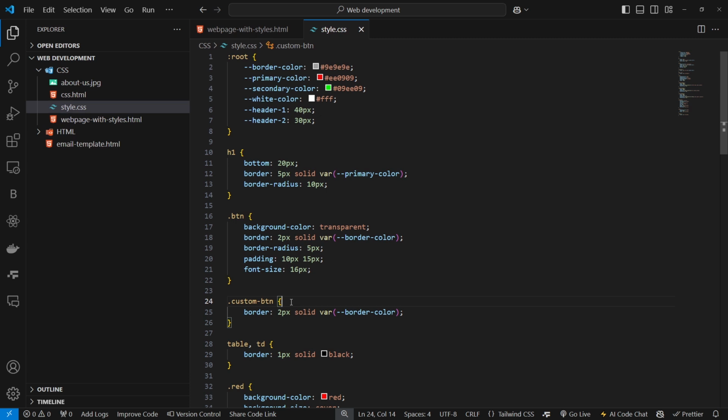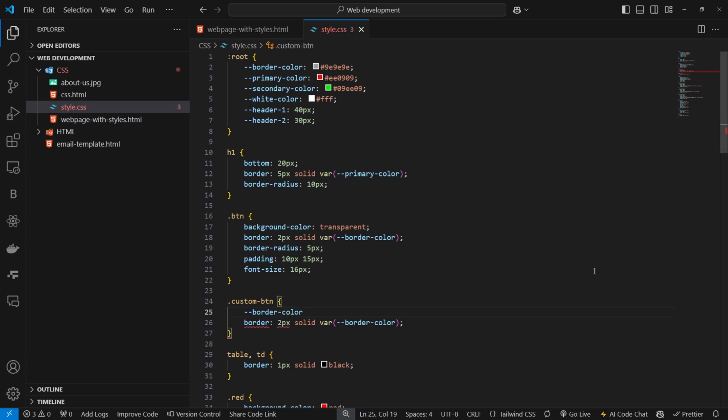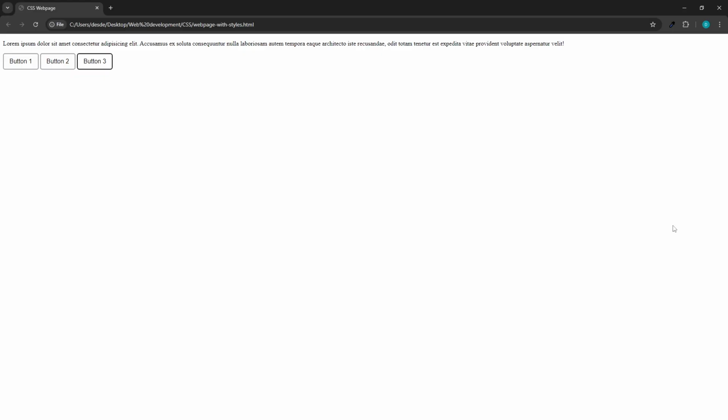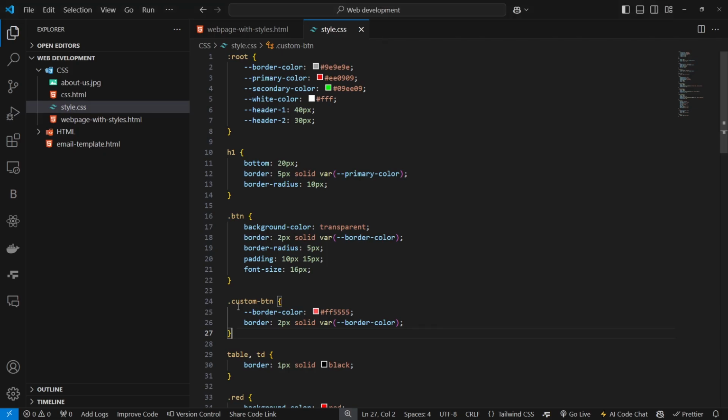So to do that, the same thing we did here, just type in that variable name and add the value. So I can make this a bit of red, and when we go back, only the buttons that have the class name of custom button will get this new CSS variable value,